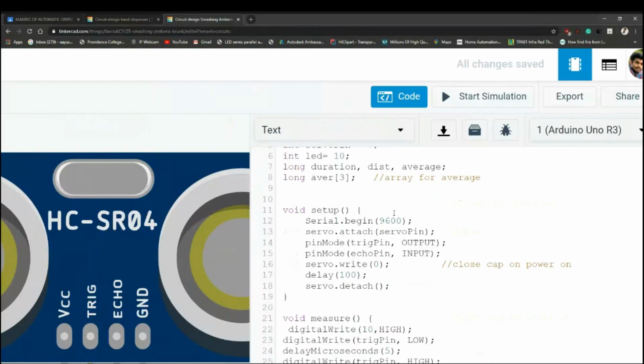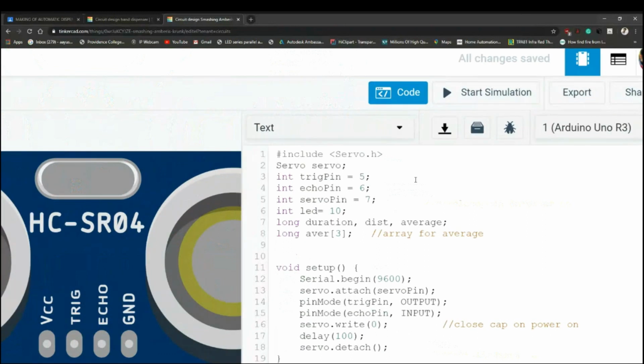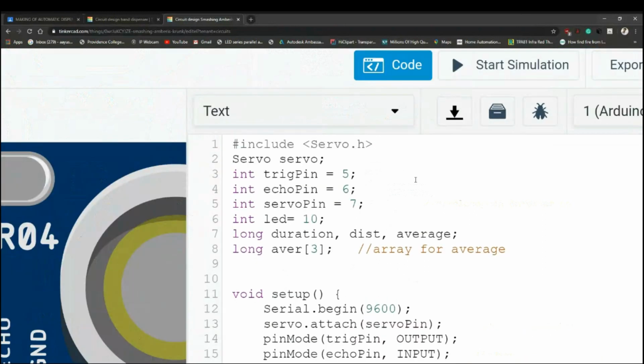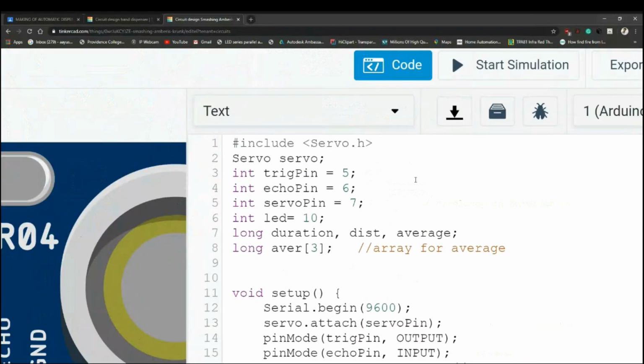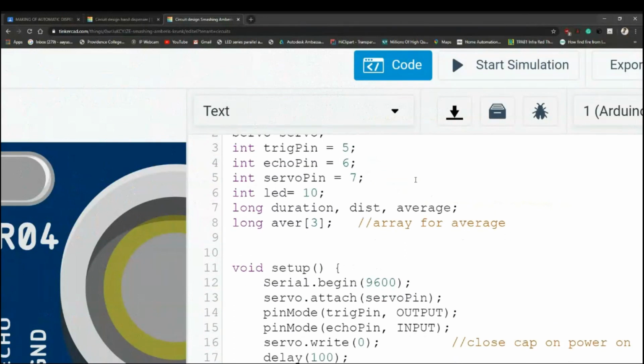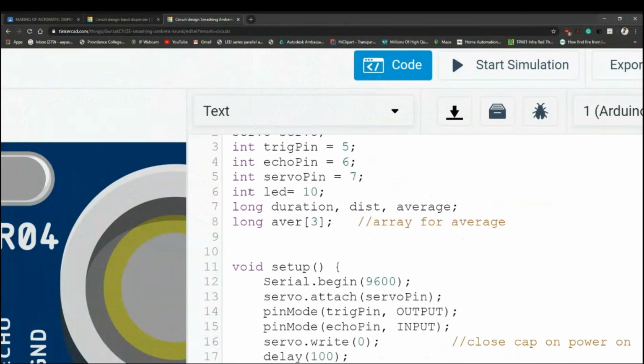So we have #include server.h and we have initialized server also. We have initialized our trigger pin, which you can see here is given to our digital pin 5.